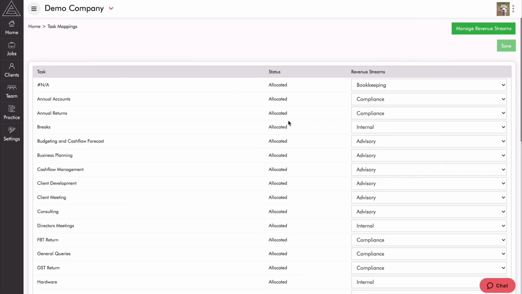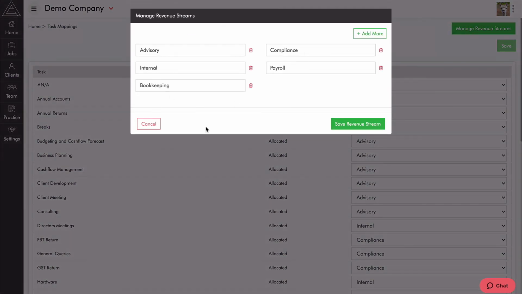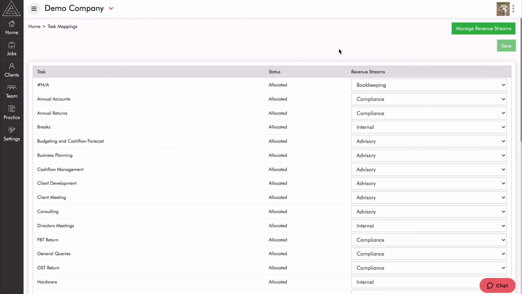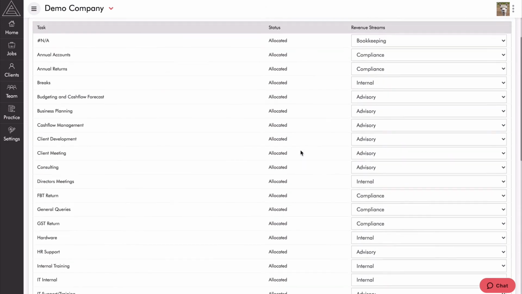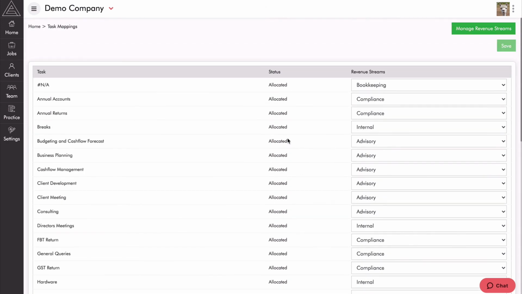Right, so the last setting to look at is under here, and it's our task mappings. Now, task mappings allow us to create a revenue stream. So as you can see here, I've got my various revenue streams, and then go through and allocate a revenue stream to all of these tasks. So for example, cash flow management, that's advisory. These have all been done correctly already, but just go through and allocate each of the tasks to a revenue stream. Then when we're running a service profitability report,